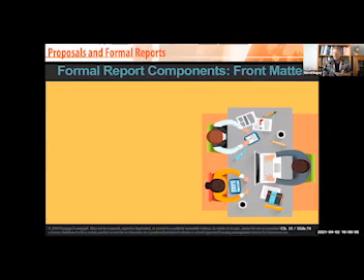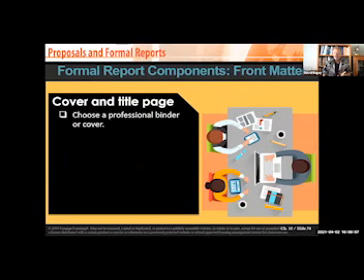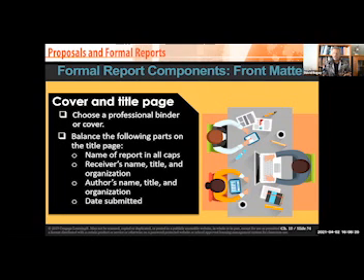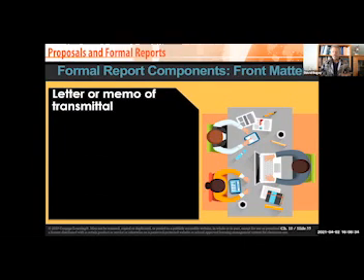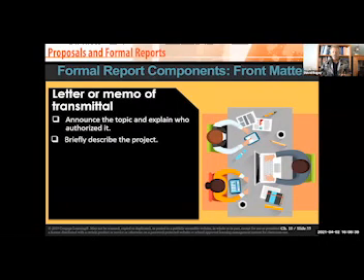You always have a thing called the front matter. And the front matter could be a whole series of stuff, but normally the minimum is there's a cover and a title page. On a formal report, you have a cover, and then you have a title page that goes into more detail about that. Ideally, you have some type of nice professional binder. If you're submitting to a computer, if you want to sit down and put a letterhead format on there, that really helps. Balance the following parts on the title page: name of the report in all caps, receiver's name, title, the author's name, and the date submitted. And it seems like it might be redundant, but it really does help make your paper outstanding in the process.